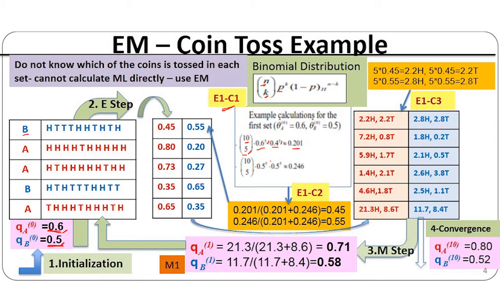Very similar to that, now we are going to find the second value, which is 10 choose 5, and here we are going to use the probability for coin B, which is 0.5. So I am going to consider 0.5 to the power 5 multiplied by 0.5 to the power 5. How did I get this 0.5? It is 1 minus 0.5 using this formula. So I assume that this 0.5 value comes from 1 minus 0.5.